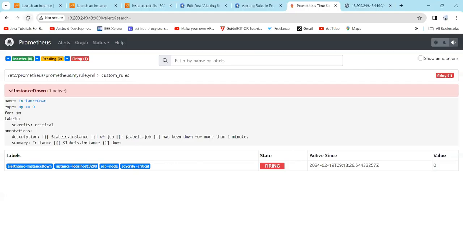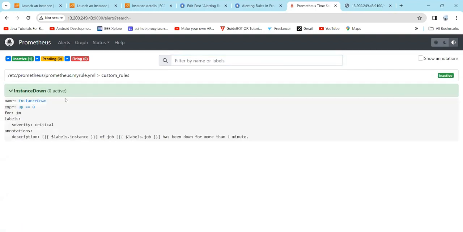Now if you refresh the page, you can find again that the instance is running successfully. So with the help of an alert, you can set that if the instance is down, it will give an alert